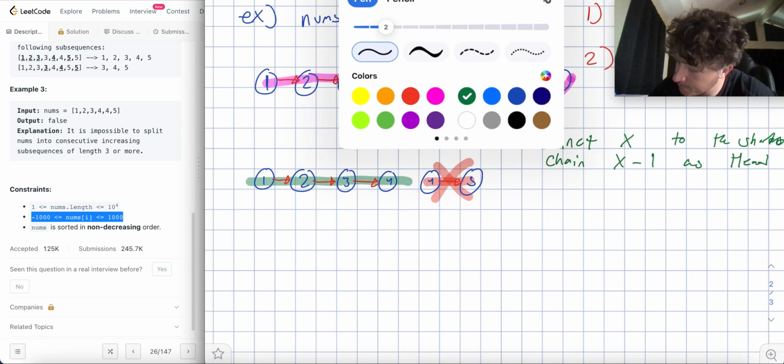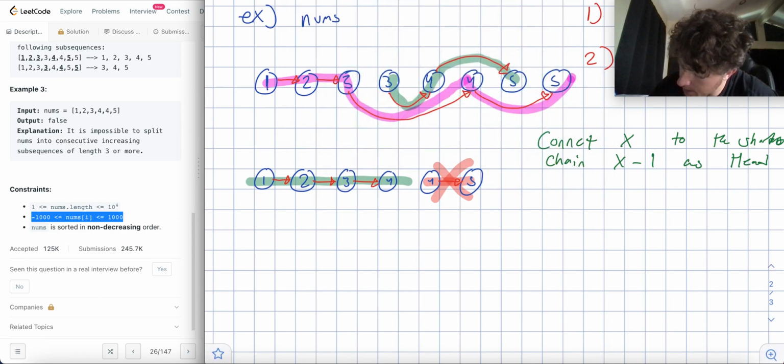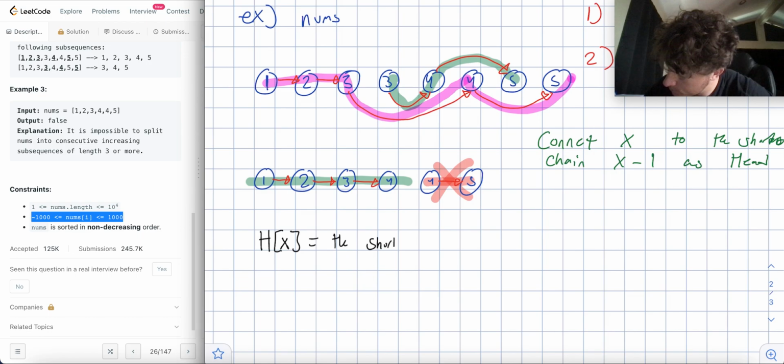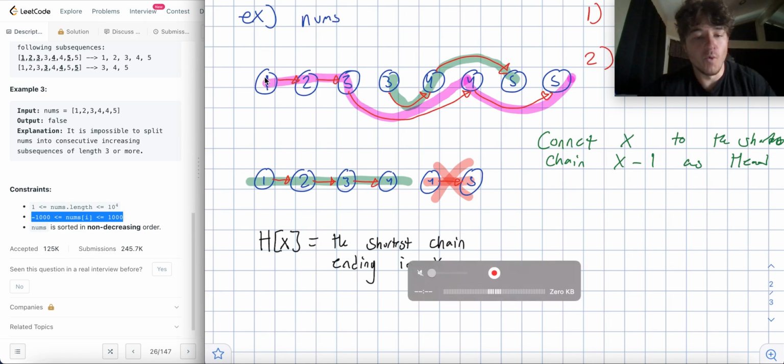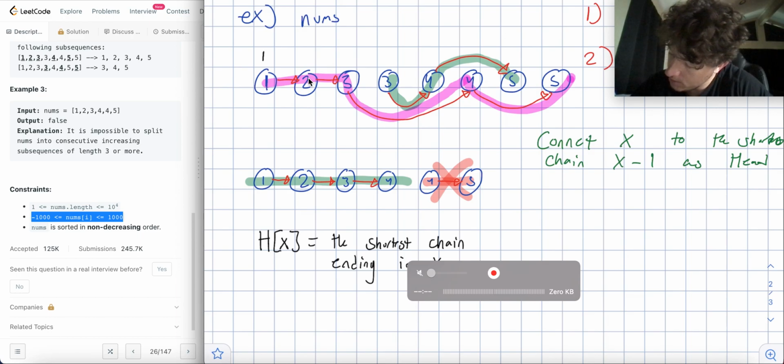Let's call this thing H of X, which always equals the shortest chain ending in X. Okay? So at any example, I say H of 1 is just 1 itself. So this is 1. And then H of 2 is the shortest chain ending in X. Well, H of 2 will just be 1 plus H of 1,